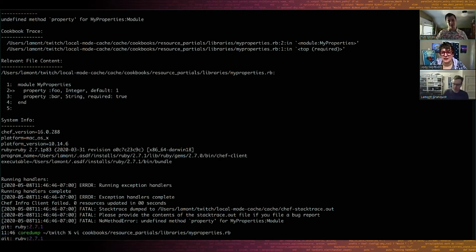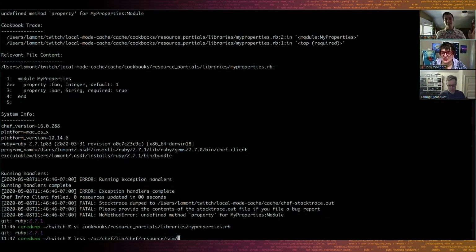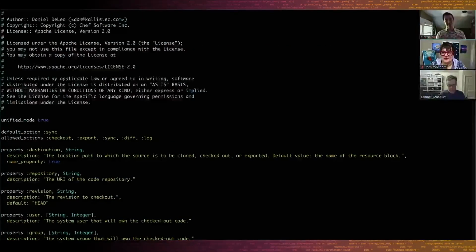Internally, we just realized we could do some awesome refactoring on things like the cron resources. They have a page and a half of input validations, like making sure you're providing the correct date ranges, and it's all this crazy stuff. We had to do all these terrible things to make those properties the same between the cron and the cron D resource.